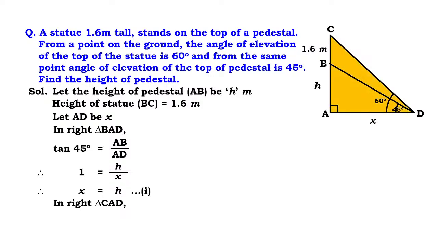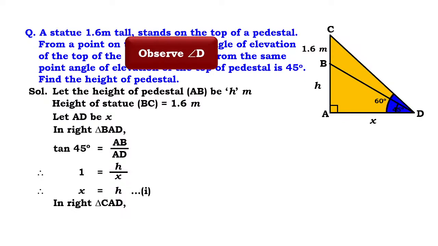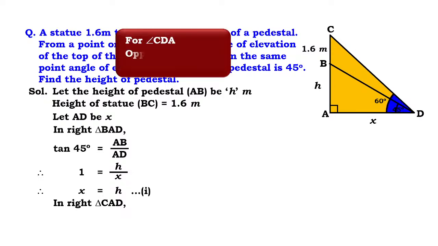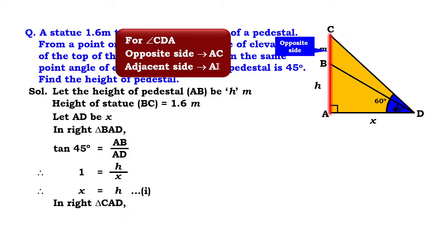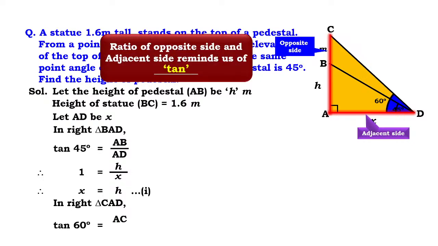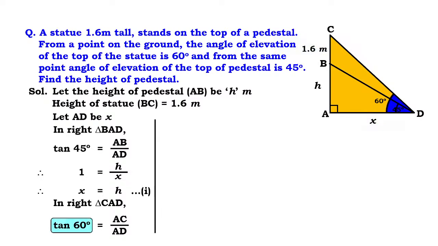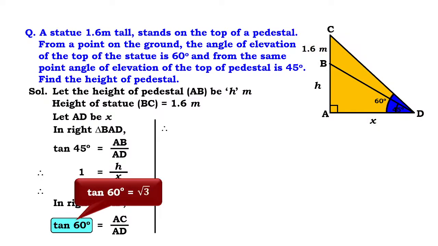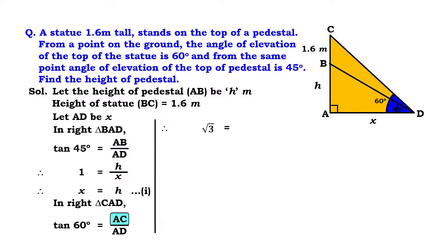Now you take the second right angle triangle. What is the second right angle triangle here? Now look at the angle 60 degree. Can you see angle 60 degree? Yes? What is the opposite side of angle 60 degree here? The total side is AC. And what is the adjacent side here? AD. So opposite and adjacent, I am going to use tan. Tan 60 is equal to AC by AD. Correct? So what is tan 60? Root 3. So root 3 is equal to AC